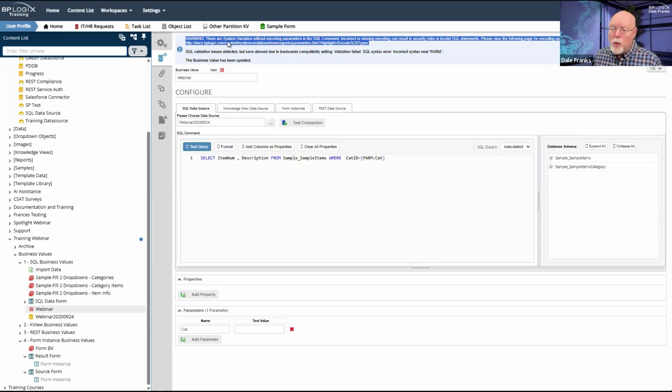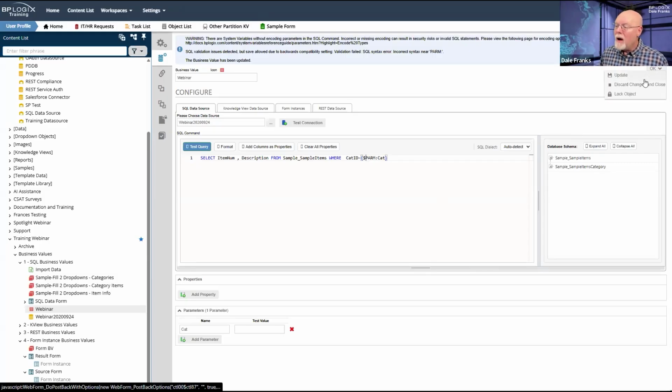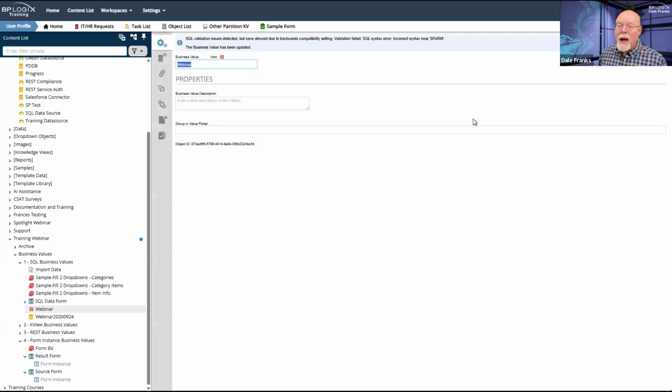So even if you try to enable it, you'll still get that warning that you are messing up. You need to have a SQL safe parameter, and you need to use the encoding character to make it so. So I will add the $ there, and now I will hit update, and my warning will go away.